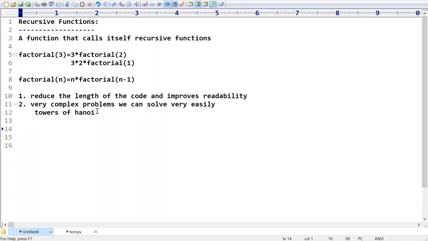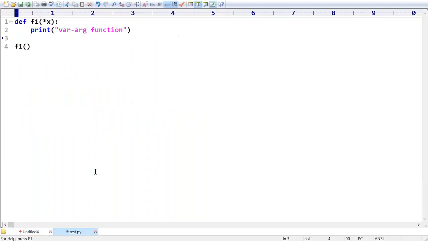Now write a Python function to find the factorial of a given number by using recursion. Write a Python program to find factorial by using recursion. That's my requirement. How can we do that? Very simple. It's a very simple code. def, and what name can we use? Factorial. Compulsorily it's going to take n.